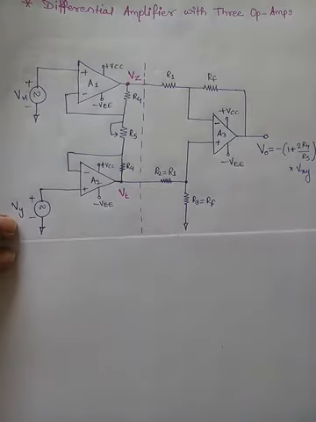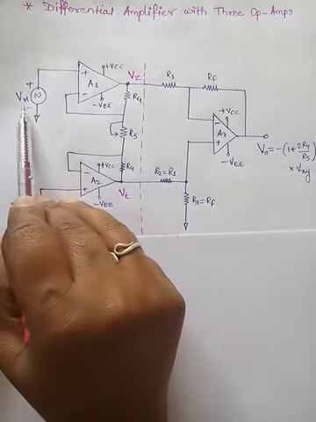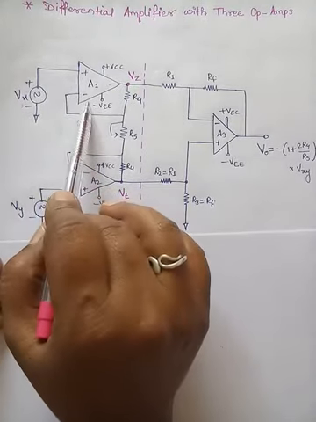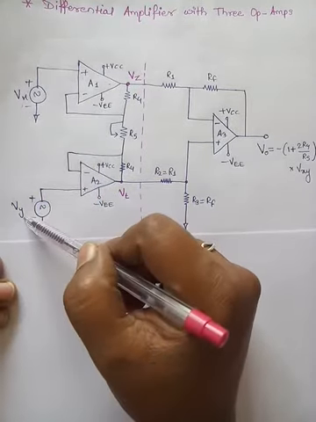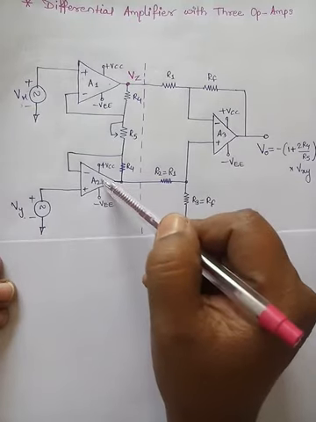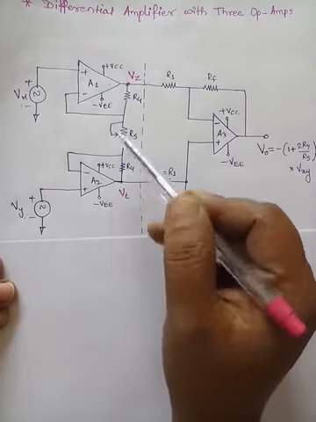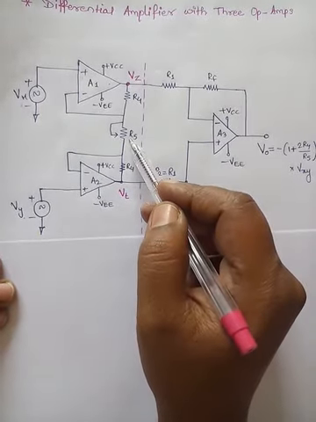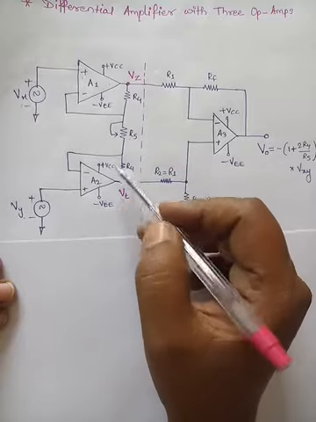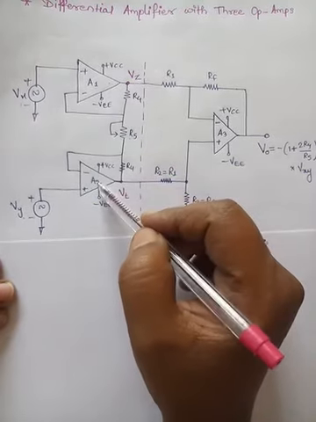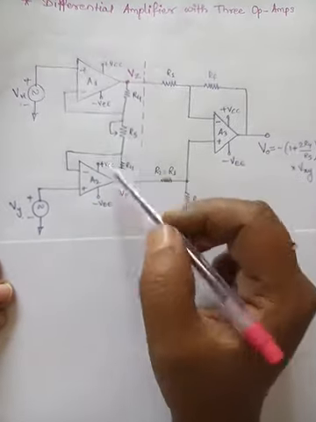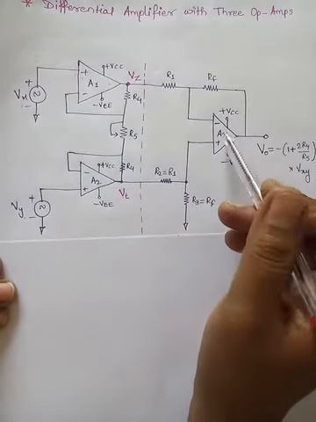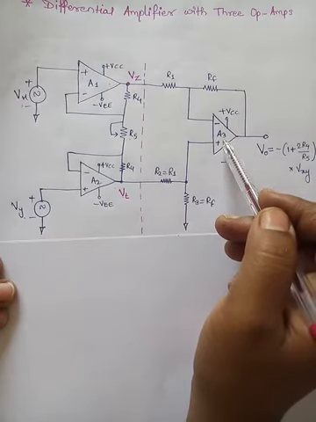We can see that there is one input signal Vx, which is given to the non-inverting input terminal of the first op amp. Another input signal Vy is given again to the non-inverting terminal of the second op amp. R4 are the feedback resistors and R5 is the variable resistor, which is common for both the op amps A1 and A2. The outputs of these two, which are Vz and Vt, are given as input to the third stage, which is A3.